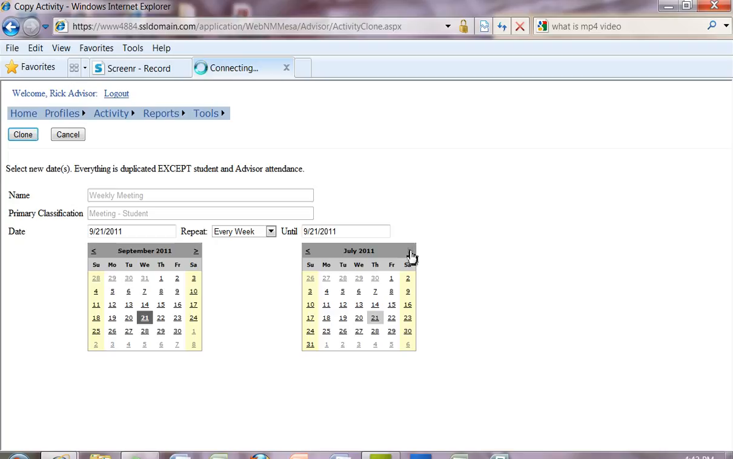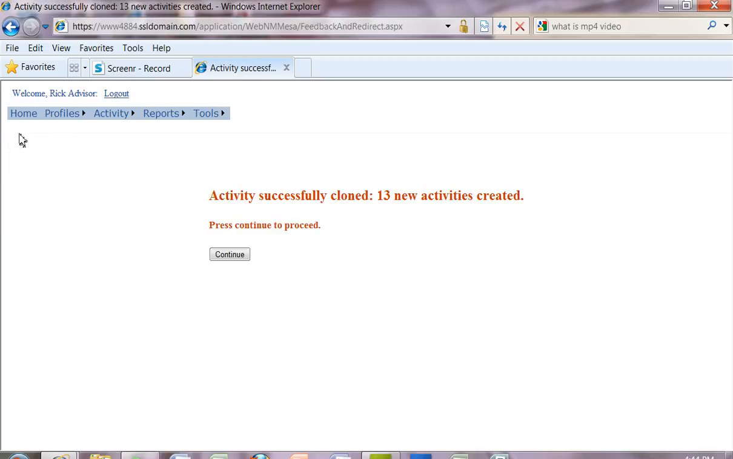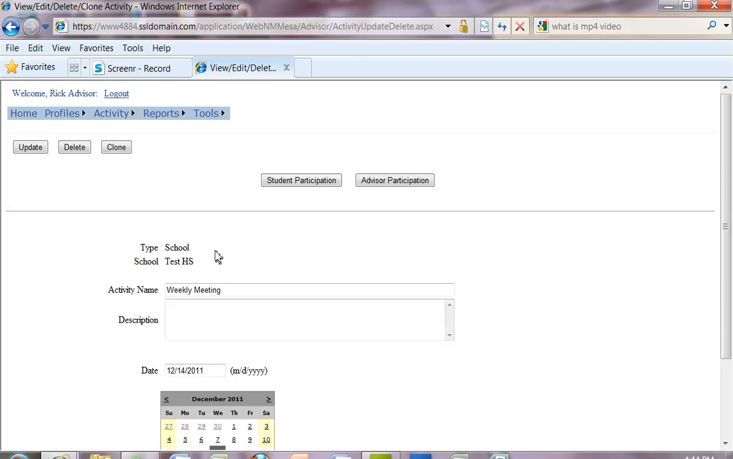and I want them to reoccur until probably through the end of the calendar year. We can probably count on that. So we'll say through December 14th, and I want to clone that meeting. 13 new activities created. Let's take a look and see what you just did with a couple of strokes of